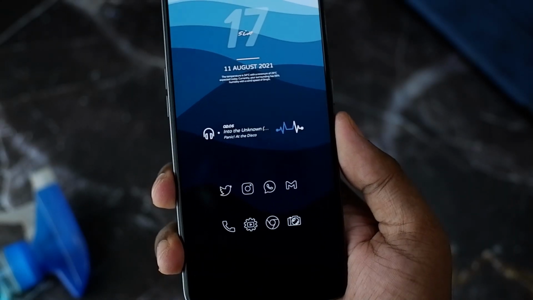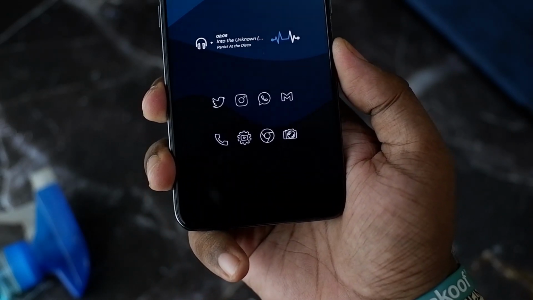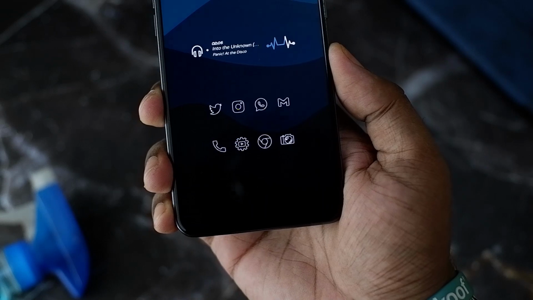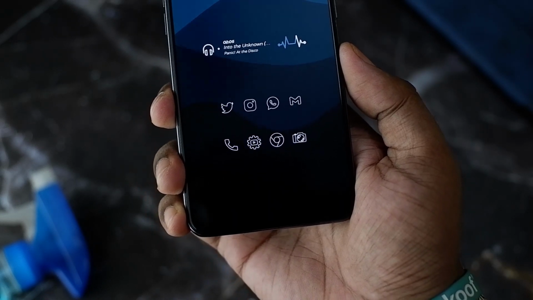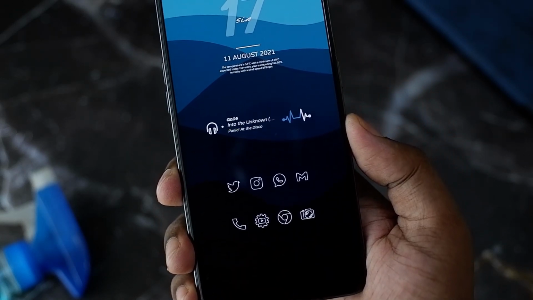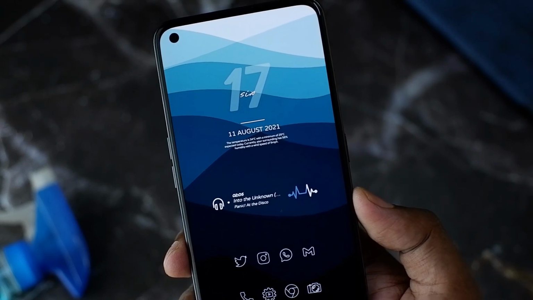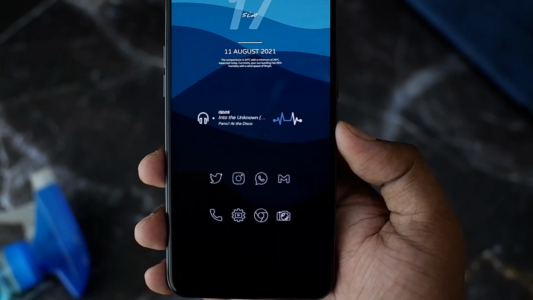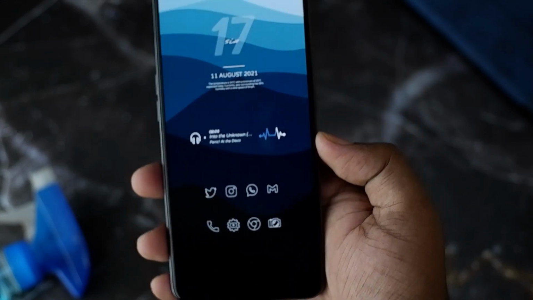This is your friend Shinobi, and I finally managed to make a new home screen setup, and it's a minimal one. I'm using the Realme X7 Max with Realme UI 2.0 right now, and it supports gestures for third-party launchers like Nova pretty well. I decided to make this setup after watching a few videos from fellow YouTuber Rohitagni Mukherjee, and this is how it is. I'm going to tell you everything that I've used to make this setup. So make sure to stick till the end, and let's start.